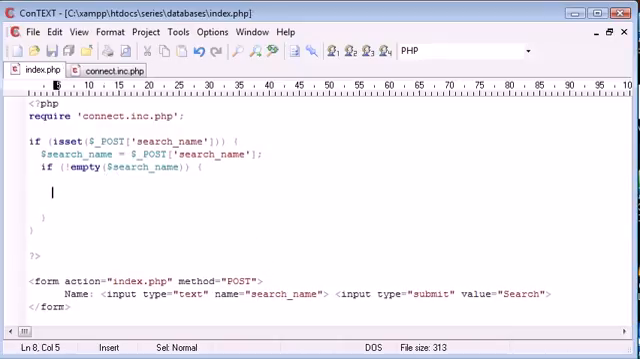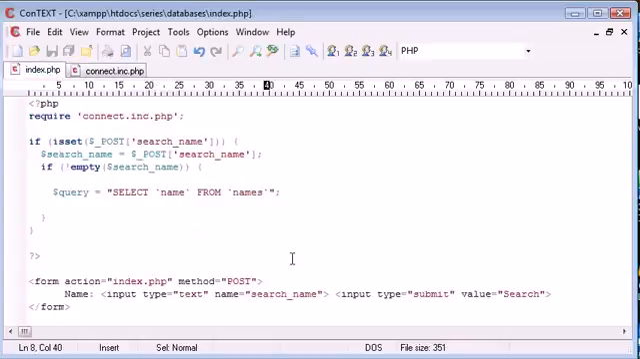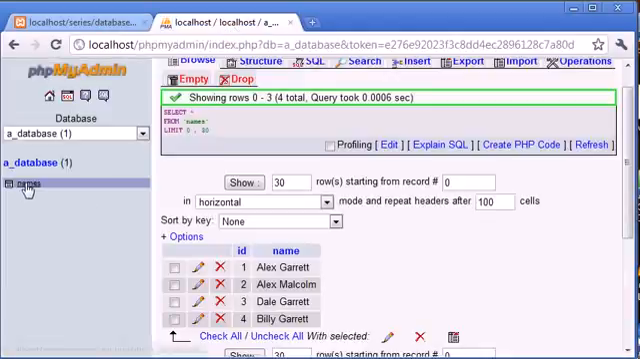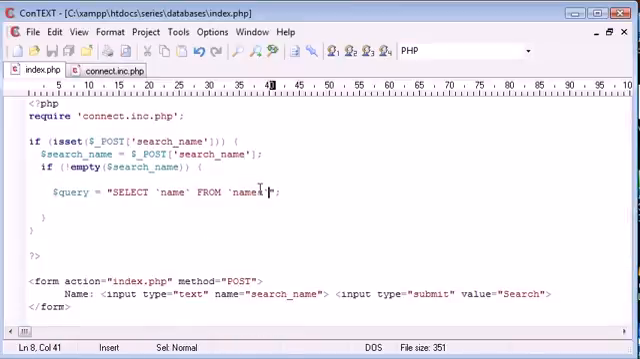So now we need to start constructing our query. So I'm going to create a new variable called query, and this is going to equal our SQL query that we're going to execute or run inside of our database. So we're going to say select, and we're saying select name from, remember our table is called names. We've already connected to our database here. Remember, these values must correspond to your login credentials and also the database that you're using. Let's take a look here. So we've got the names as the database, so we're selecting the name from names, so select name from names,